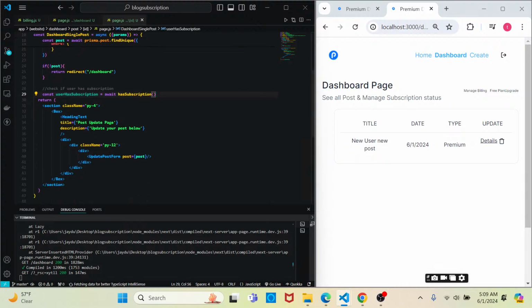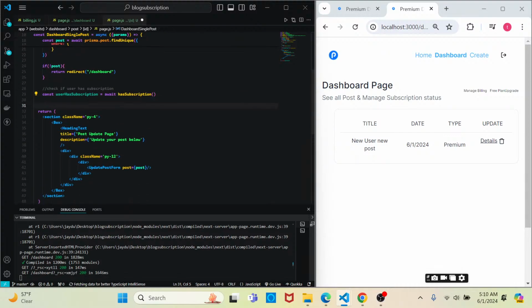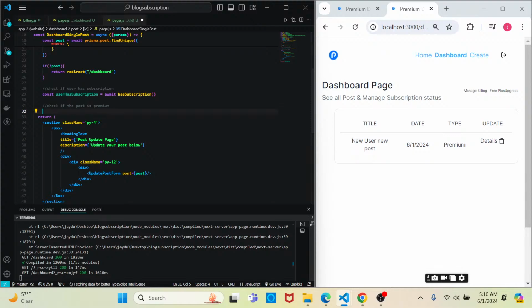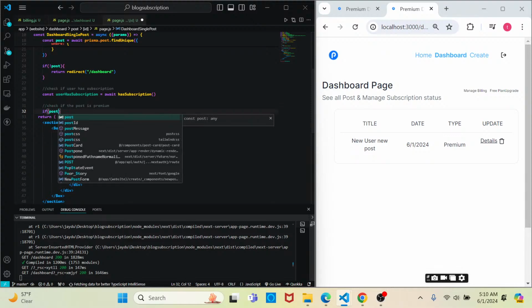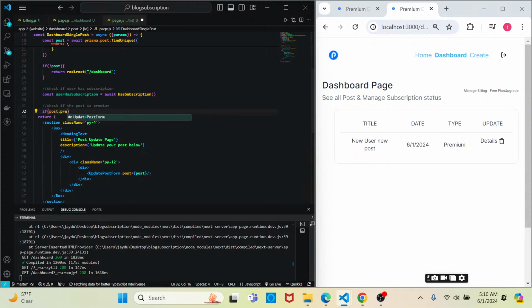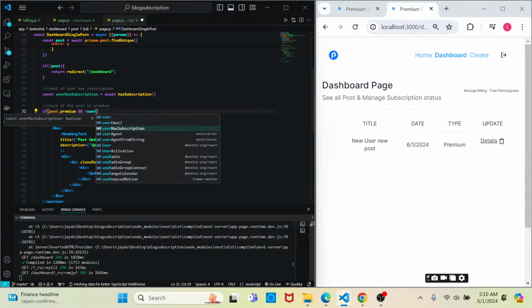And then underneath this, we want to check if the post is premium. It will say if post.premium, and not userHasSubscription,